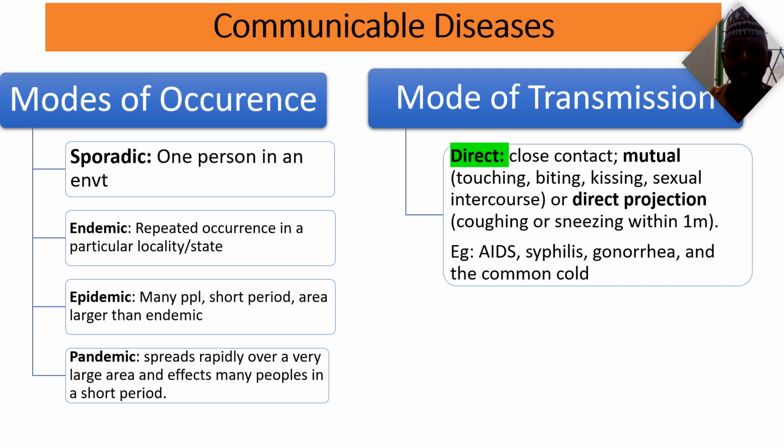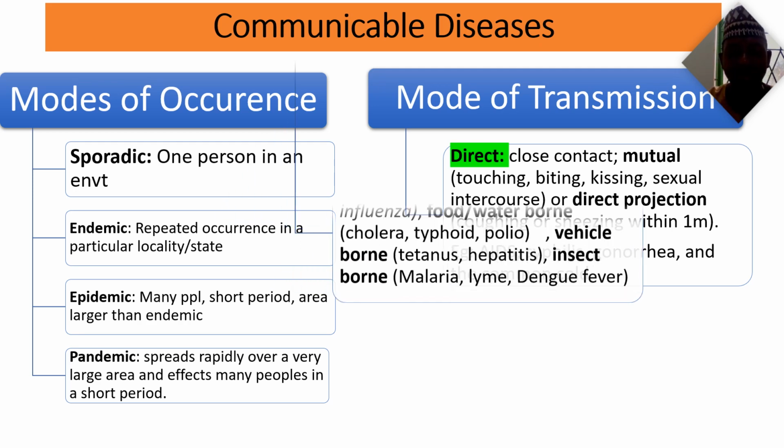Now, generally, diseases transmitted through contact can be either mutual or through direct projection. We can have AIDS, which is transmitted through sexual contact, syphilis, also sexual contact, gonorrhea, sexual contact, or the common cold, which can be transmitted through direct projection of the pathogen from an infected person to a non-infected